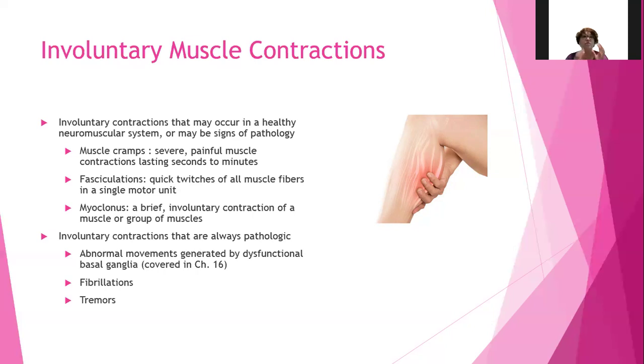Those types, so muscle cramps, fasciculations, and myoclonus, can occur in a healthy neuromuscular system, or they might be a sign of pathology. But abnormal movements generated by dysfunctional basal ganglia, and we'll talk about that in chapter 16, fibrillations and tremors are always pathologic. So muscle cramps, fasciculations, and myoclonus can be either, but abnormal basal ganglia movements, fibrillations, and tremors are